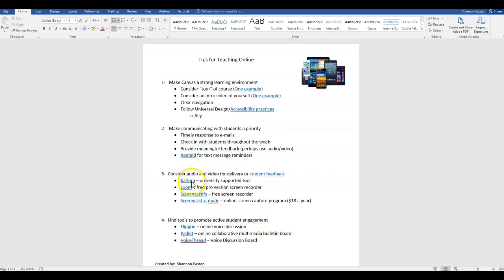Okay, as a reminder, we just talked about Kaltura, and this link right here will walk you through a more in-depth tutorial on Kaltura so you can see the step-by-step on how to create a video. I just want to mention these other 3 tools because I have found them helpful for creating screen captures in